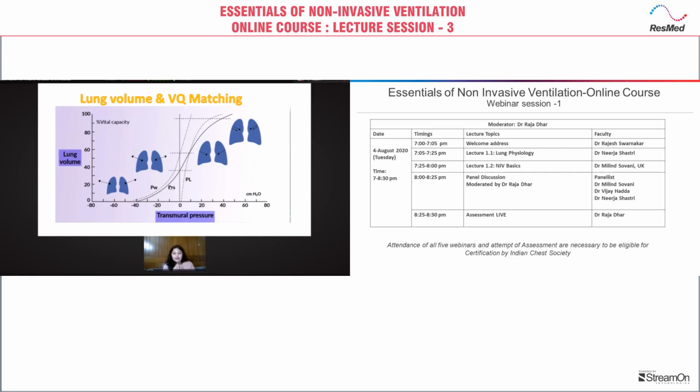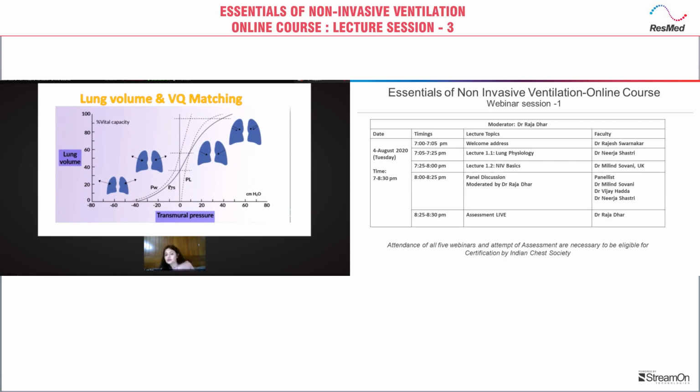When the lungs are expanded, they expand, but lungs have elastic tissue. Our respiratory system is full of elastic tissue. So what is elastic tissue? It's like a rubber band. You stretch it, it tries to come back to its resting position. Similarly, when the lungs are expanded, they also recoil to the resting position at the end of the inspiration.